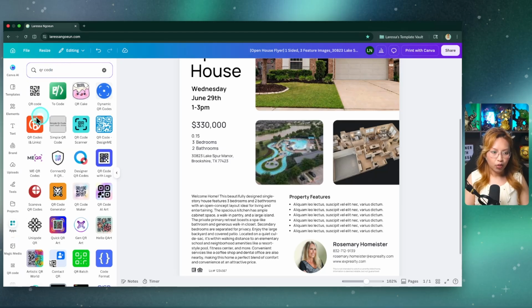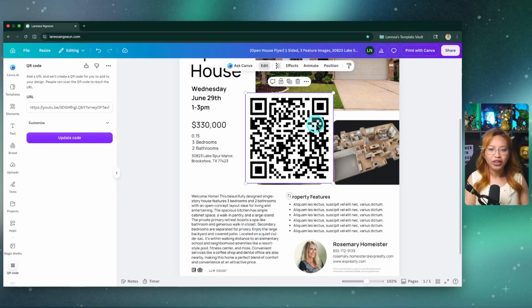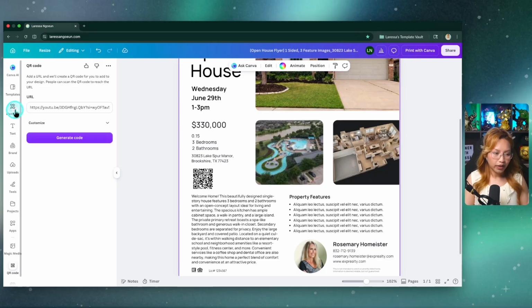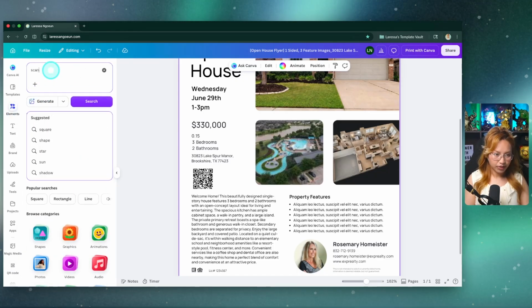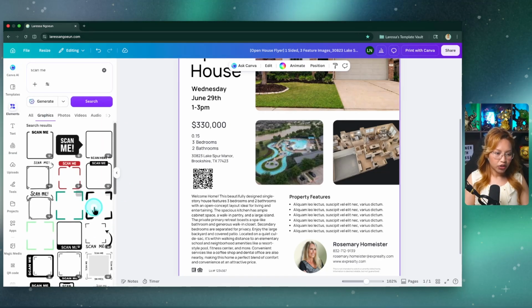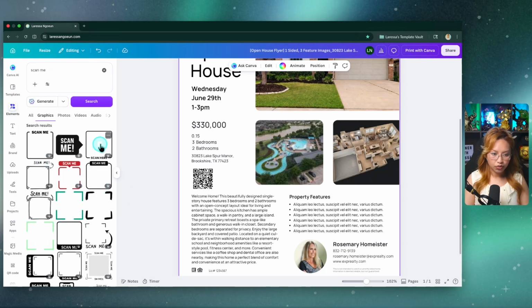Now, typically speaking, I always just use this one here. This is, I believe, the native QR code maker on Canva. And what you do is you paste in the link, generate your code here, and really fast, this is what that QR code looks like. All right. Now, if you wanted to, you can give this a border. So sometimes what I like to do is go into elements, and I just like to look up scan me. And then you can see here in the graphics tab, if you go see all, you can use one of these. So let's see, maybe something just really